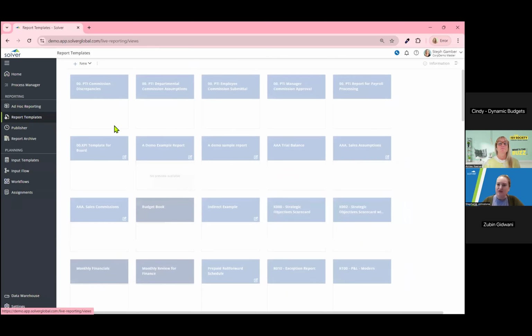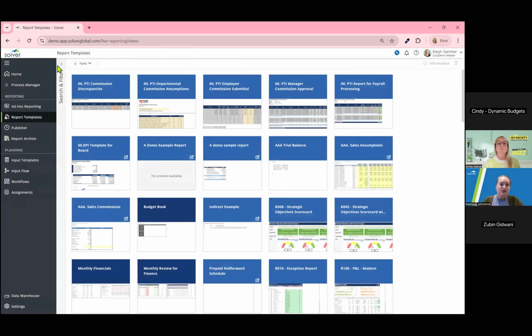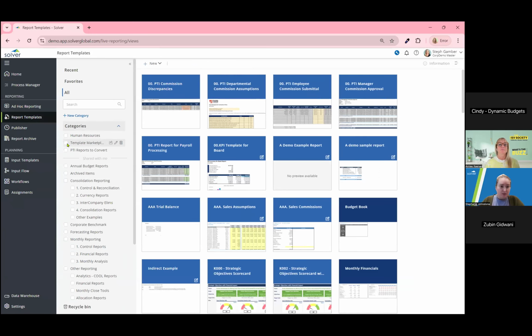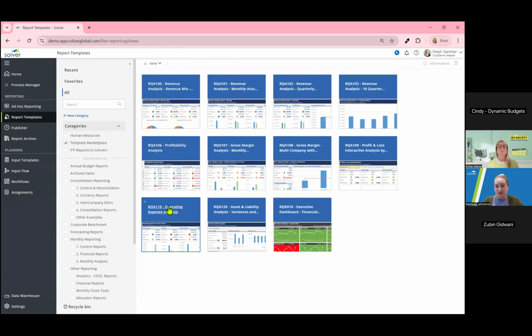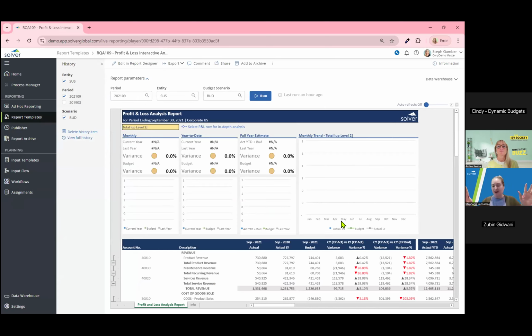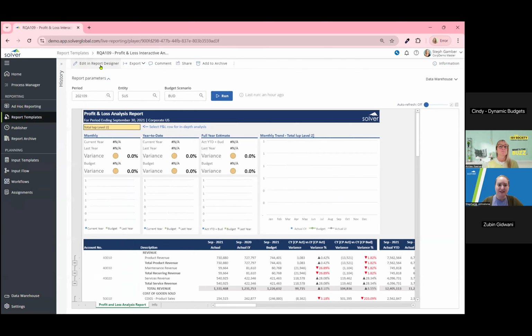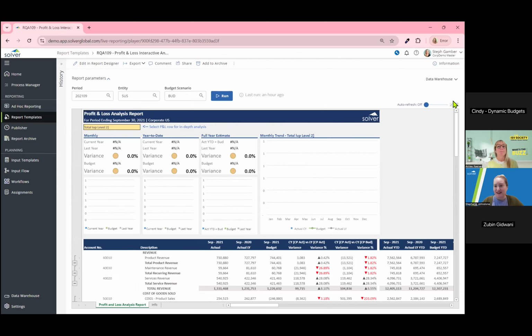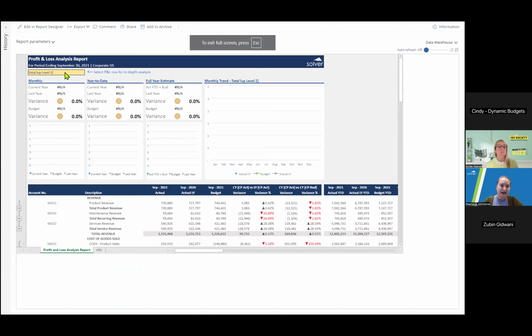Where we can do a little bit more visualization. So here, I'm going to go to my template reports, which I've grouped together in Solver. And I have a specific report I want to show you, which is my profit and loss interactive analysis. And this is an out-of-the-box template, so from that template marketplace that you can plug in and install and start using. Now, what's unique about this particular report is it's going to allow us to select different areas of our profit and loss statement and analyze them. So I can do that here